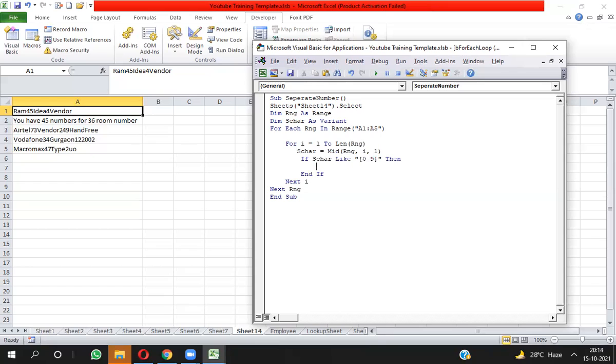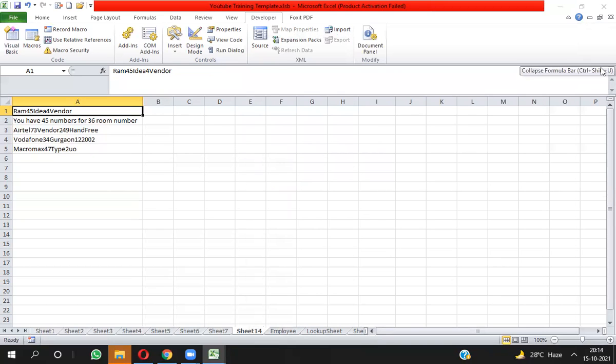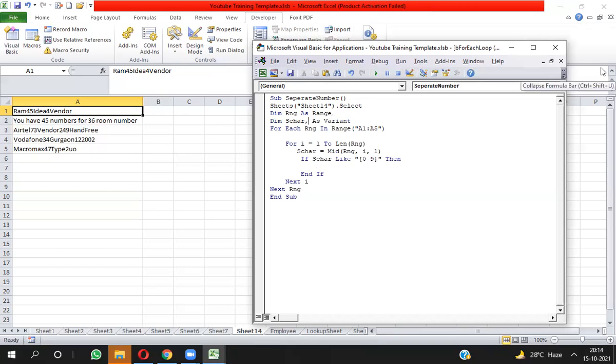If I'm getting any character which matches 0 to 9, meaning it can be 0, 1, 2, 3, 4, 5, 6, 7, 8, 9, then I have to store that number in another variable. So I will take another variable, result. Result equal to result and sChar.